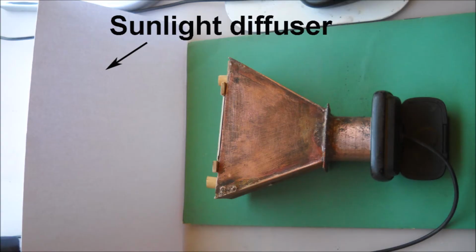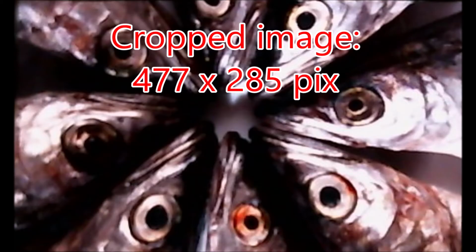This is my setup with the webcam and the field of view of the webcam. And this is the image I got with the webcam. The quality is even lower, and our grandchildren will just laugh at us. If we want